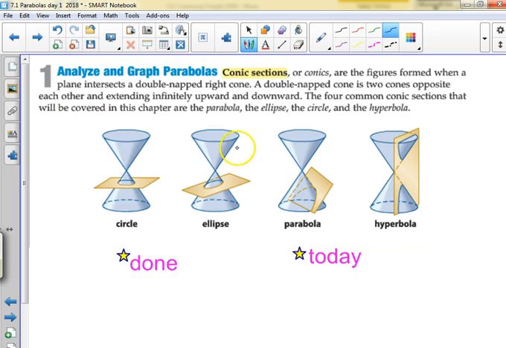All right, when I use the term conic sections for chapter 7, this is because when you do this double cone thing, it's called a double napped right cone. Okay, you can cut parallel to one of the bases and you get a circle. Does everybody see that? If you cut at a slight angle, you get an oval, which we're going to do as soon as I'm back, ellipses. Okay. If you cut parallel to one of these slants here, you get a parabola. If you cut straight up and down, perpendicular to the base here, you get 2 U-shaped things called hyperbolas,